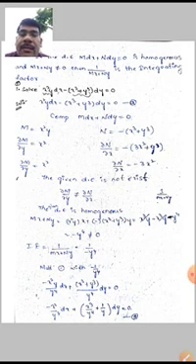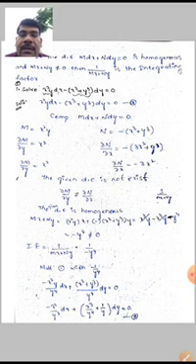Therefore the derivative with respect to y of M is equal to x square, and the derivative with respect to x of N is equal to minus 3x square. Both are not equal, so the given differential equation is not exact, but it is homogeneous. Now we have to find Mx plus Ny. M into x plus N into y is equal to minus y to the power of 4. This is not equal to 0. Here the integrating factor is minus 1 by y to the power of 4.